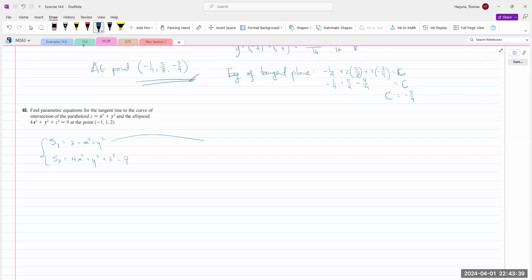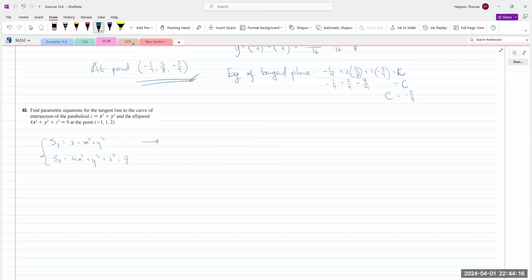Now, if you think about it, this is actually a paraboloid that opens up, right? And the second one is actually an ellipsoid. So they intersect at some curve. Let's say the curve looks something like this. Okay, that's the intersection. Now, of course, it's hard to imagine in 3 dimensions, right? But we know one thing that